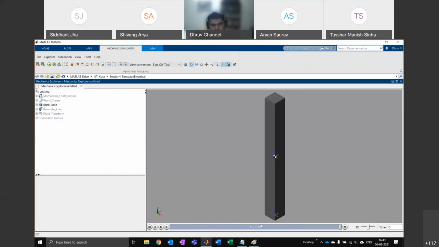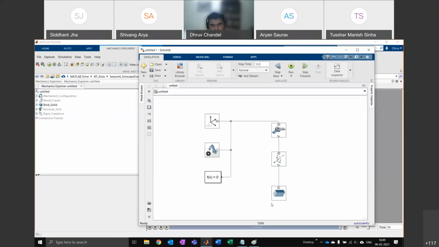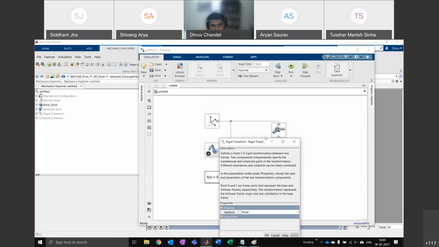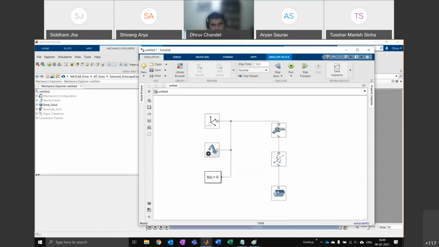Okay, it's gone the opposite way. It should be minus 0.5 because I wanted to shift it down. So I'm shifting it minus 0.5 because I wanted to go in the downward direction.